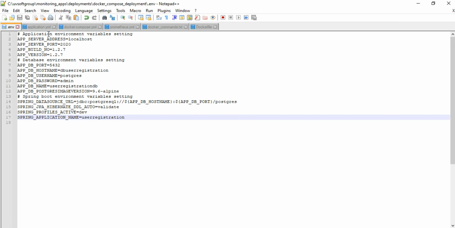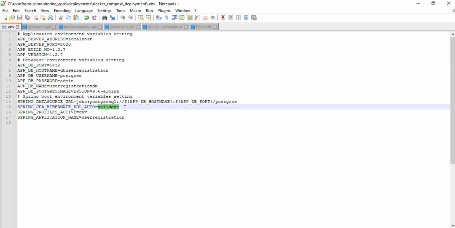So exactly, we set all the environmental variables. It has an application port, the application version number, database host names, username, password, which PostGIS version, and then a database URL, and this is validate.